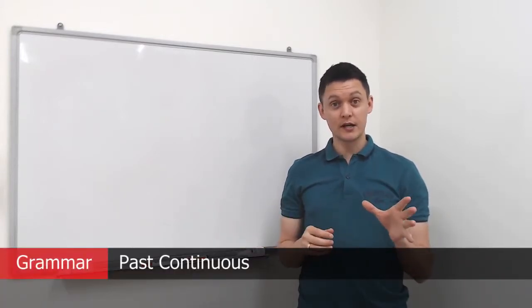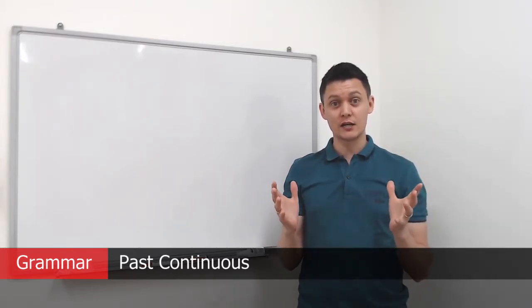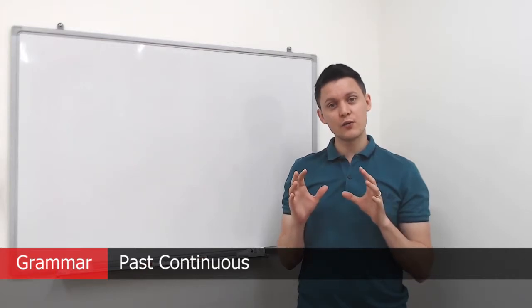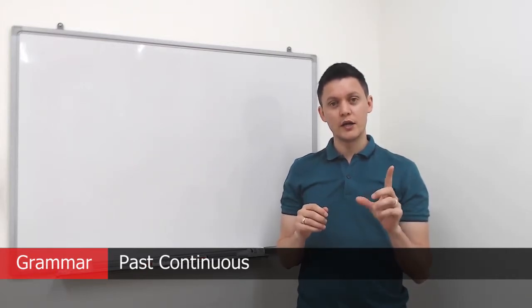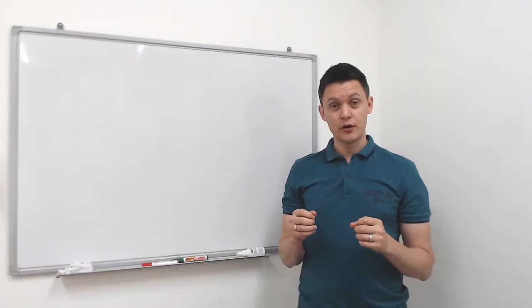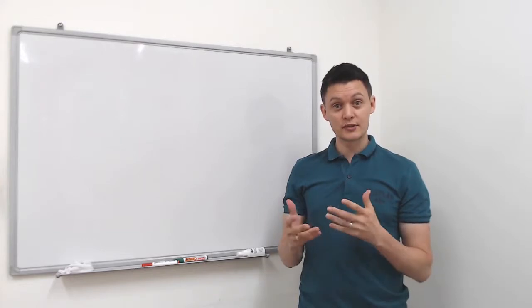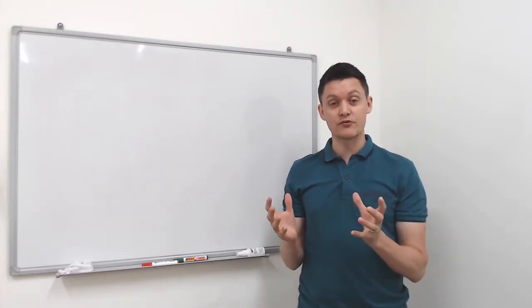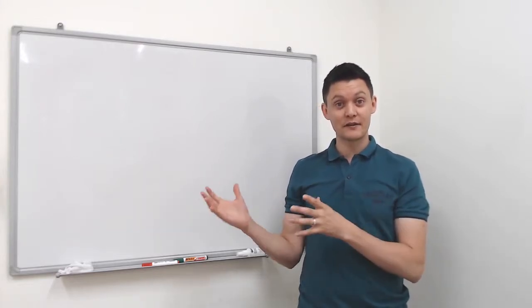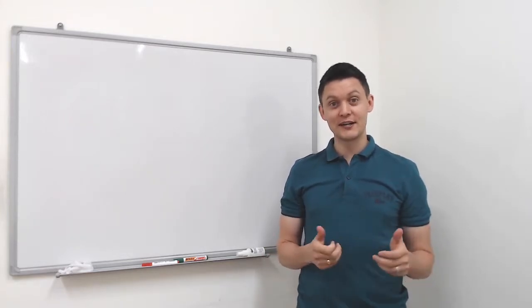Now, you've probably heard of this grammar before, and there are so many uses that we can learn from past continuous, but today we're just going to focus on one. We're going to learn how to express unexpected events or accidents using the past continuous. So, I'm going to tell you about my accident. We're going to do some examples together and learn why we use this grammar, and then hopefully by the end of the video you'll be able to use it too. So that's enough introduction for this video. Let's get started.